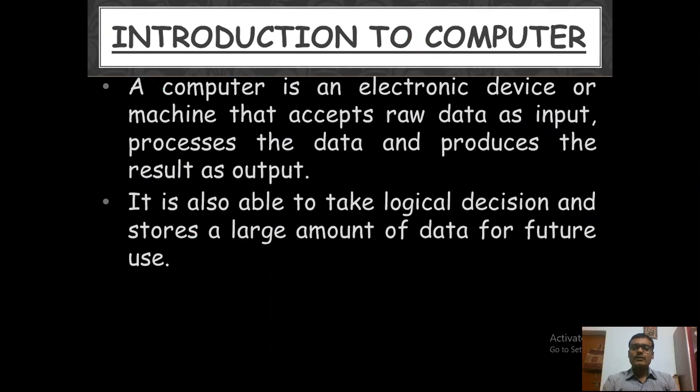Okay. So only three things are very important. Computer is an electronic device or machine which accepts the data. Second, it processes the data. And third, it produces the output. And fourth, it can store a large amount of data. So these points are important, and you can write this definition in class 6, 7, 8, 9, 10. Okay, this is the perfect definition.